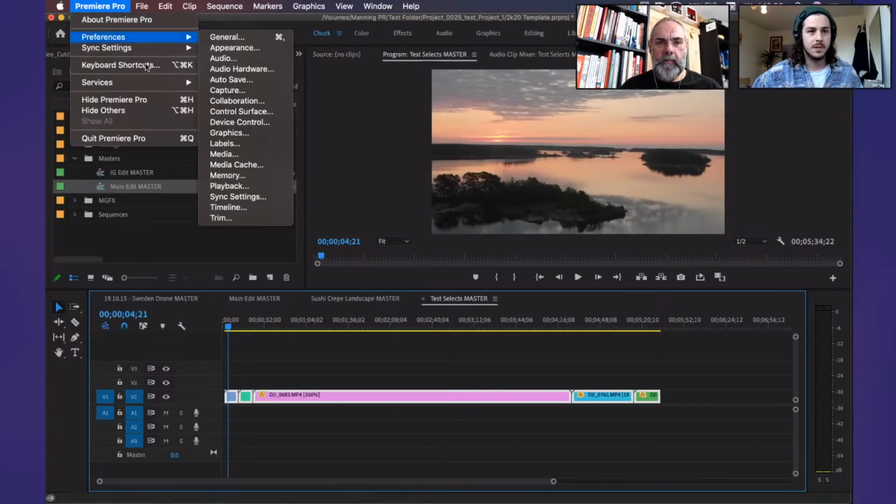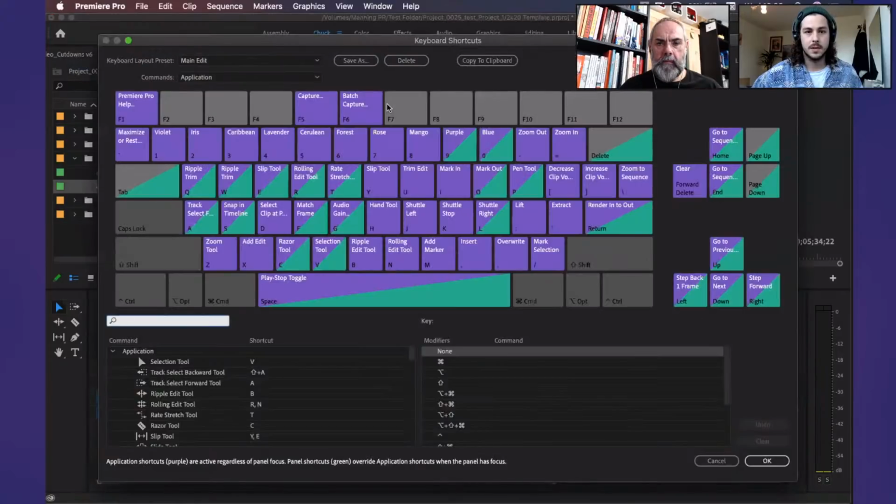So having your own keyboard setup, just going to keyboard shortcuts here, it's not too different from the normal setup. Some tips that I found really helpful that I picked up from a friend over in Canada. So I've got my ripple trim set up here to Q and W, and then I've got my add edit tool set to X. So for most of the select process and trimming down, they're the 3 keys that I'll use. So ripple trim, if you don't know what it does, it will add a cut either to the start or the end of the clip,